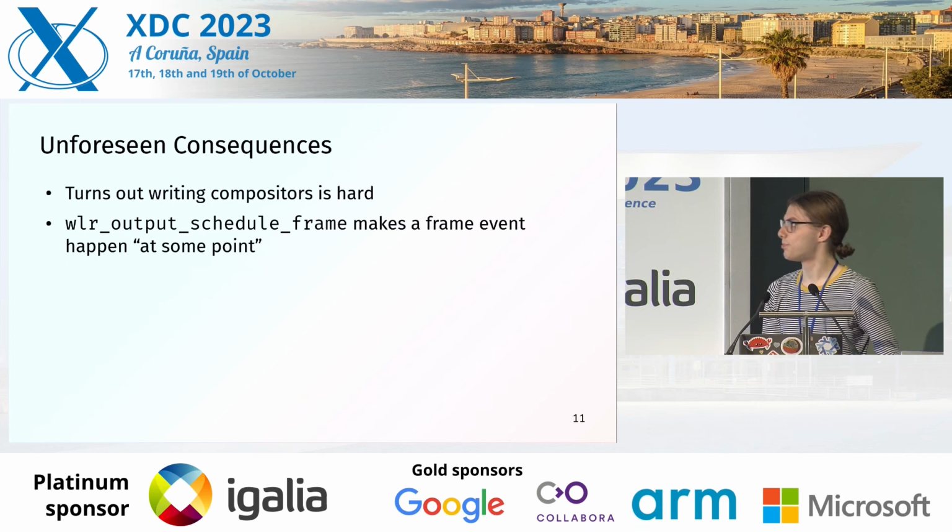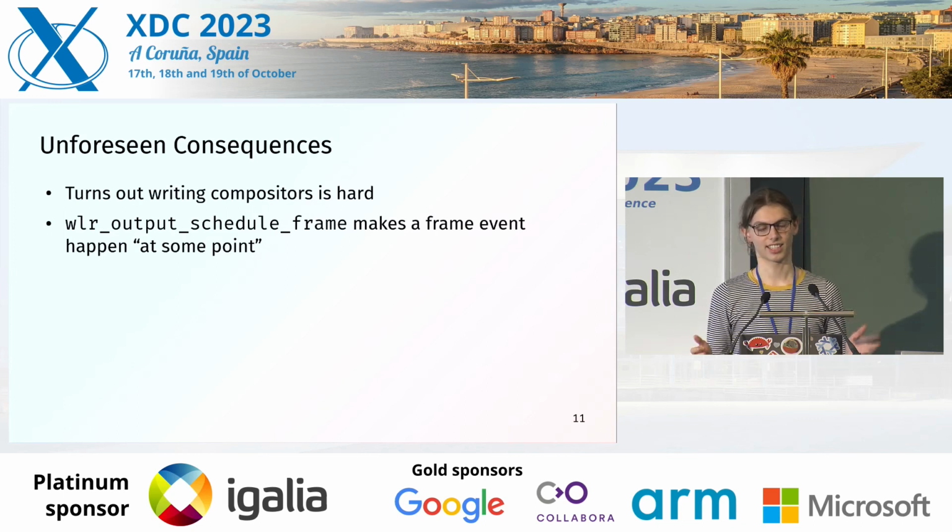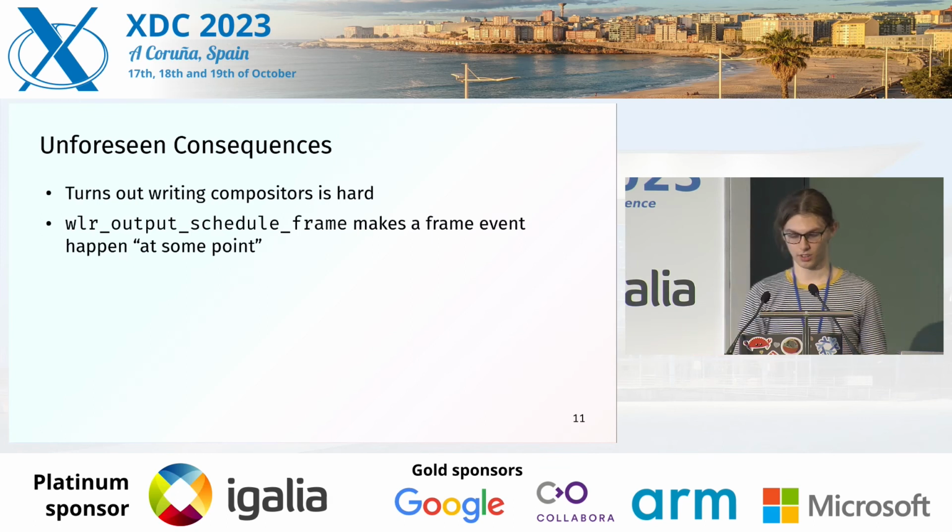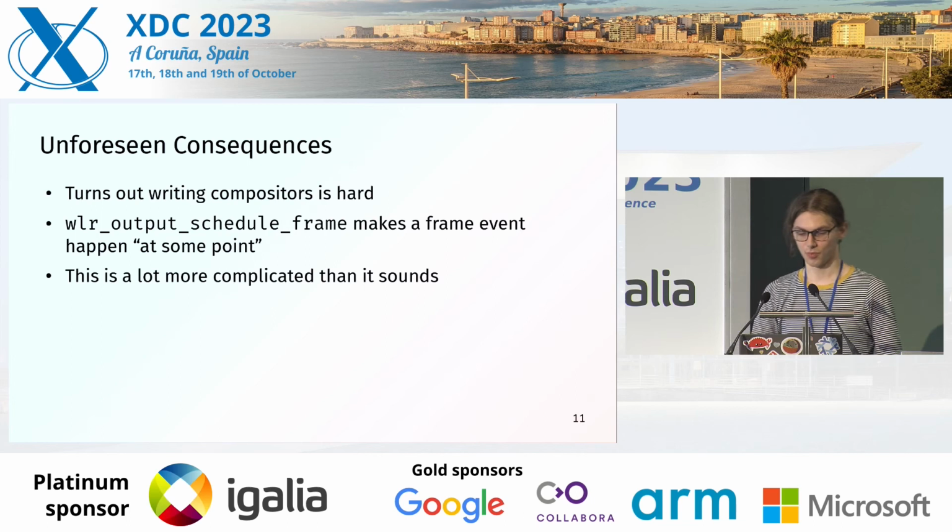But that was tricky. The old interface, which is still in master because we're nearly there, I'm sorry, is primarily based around this function, schedule frame. And by calling this function, you're asking, please can a frame event happen at some point? So it's like saying, if the render loop is asleep, wake it up. But otherwise, it's fine. We just carry on. And that turned out to be quite hard to reason about,